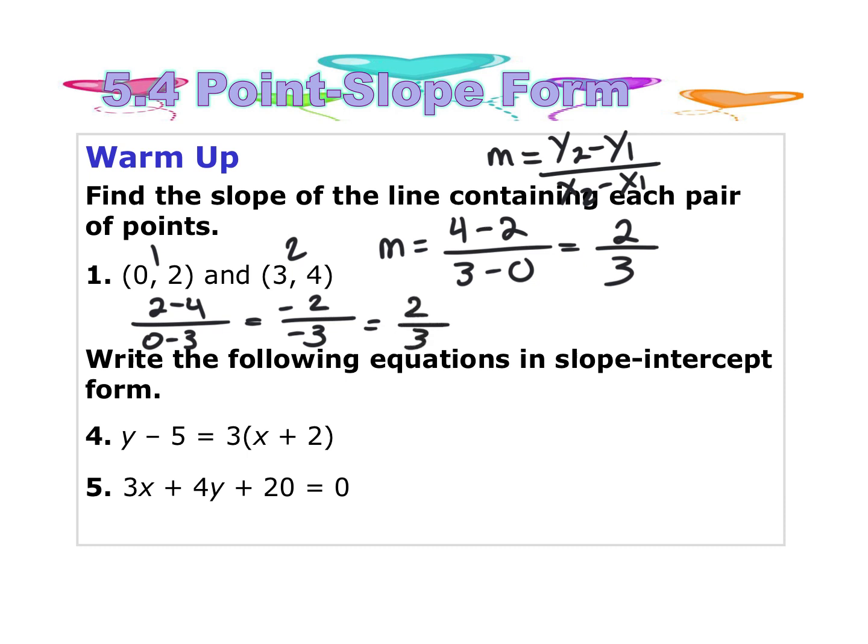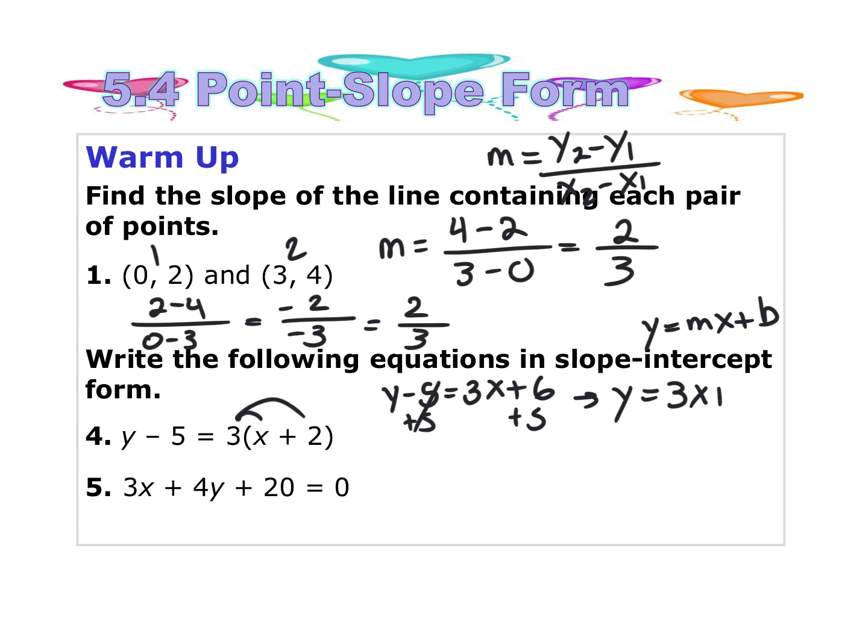For the second one, we have to rearrange the equation into slope-intercept form. Just so you guys remember, slope-intercept form is y equals mx plus b. So we're going to have to distribute the 3 to the x and to the 2. So we're going to end up with y minus 5 equals 3x plus 6. I'm going to add the 5 on both sides, and I end up with y is equal to 3x plus